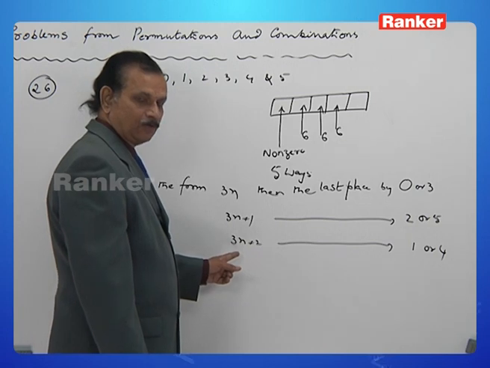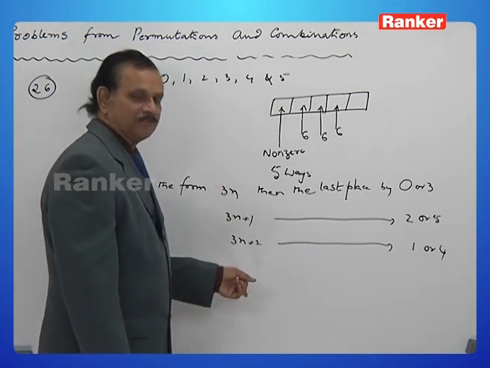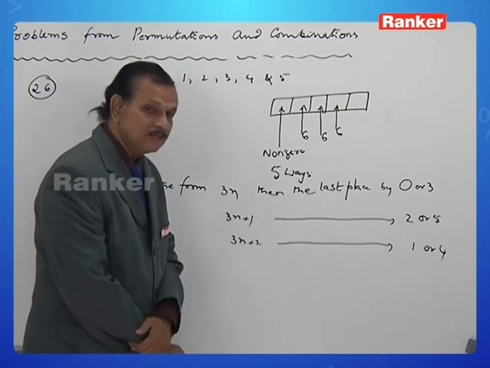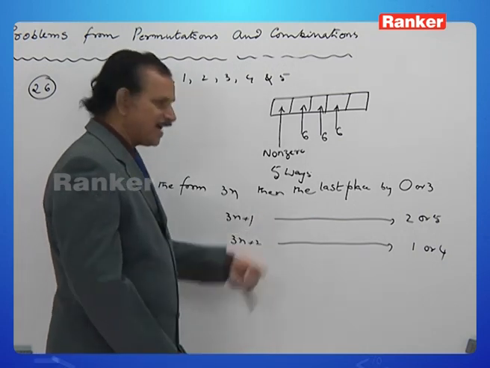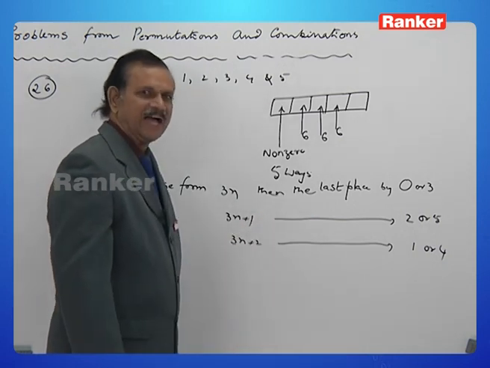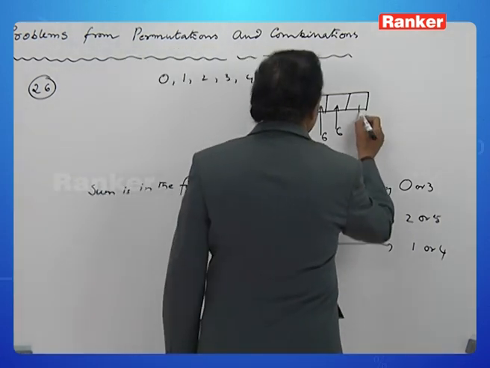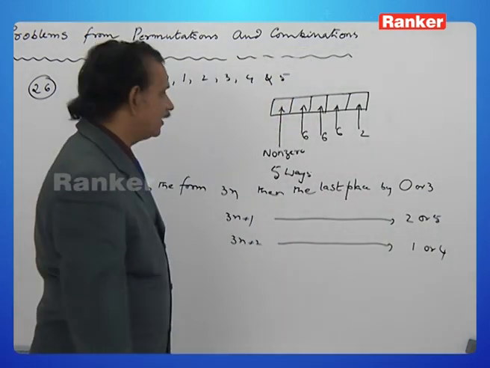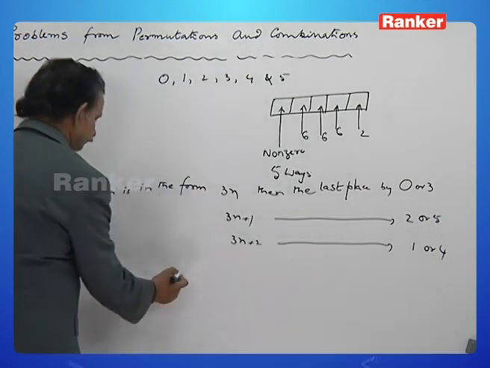Would you like to have all the 3 cases, or exactly one of the cases, or at least one of the cases? If at least one of the cases, it becomes 6. Exactly one of the cases we are supposed to have. Therefore, only 2. Hence, the last place can be filled in 2 ways only. Total, what will be the answer? So, the answer is